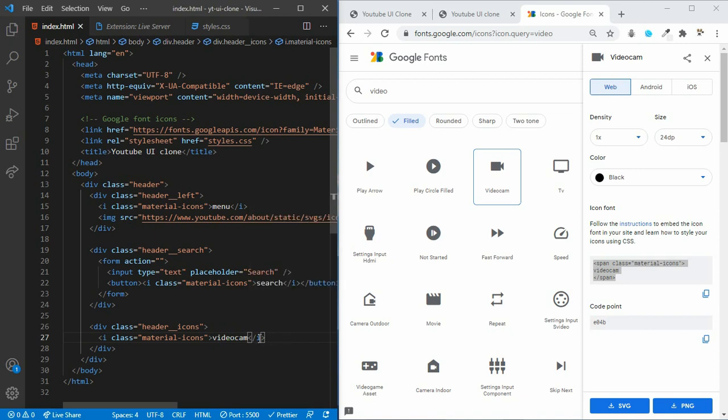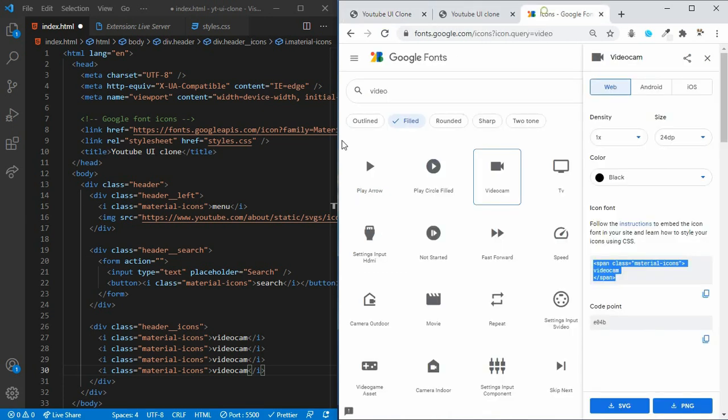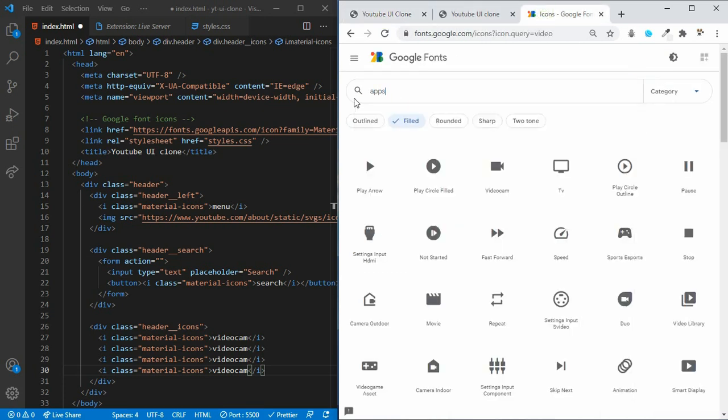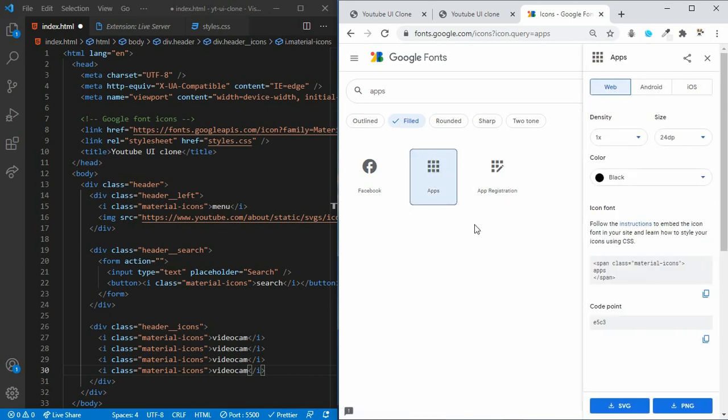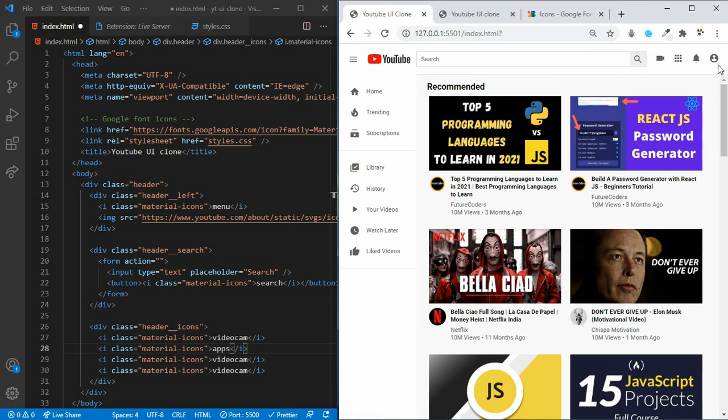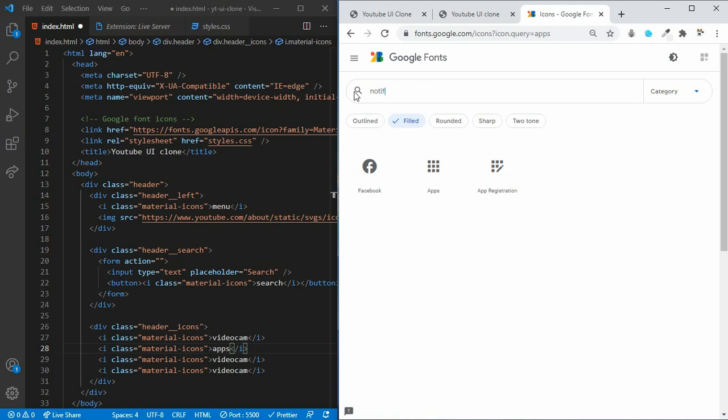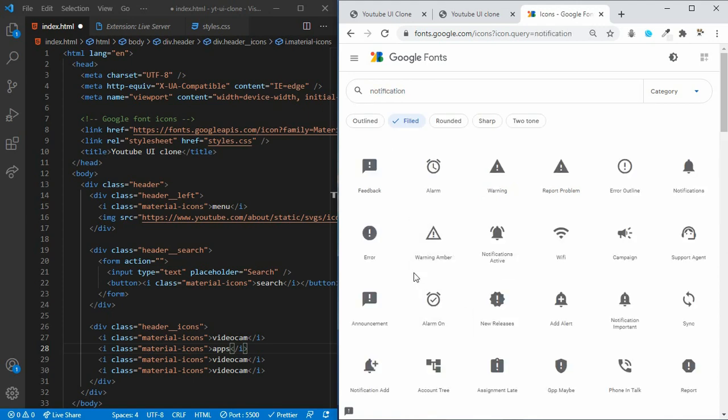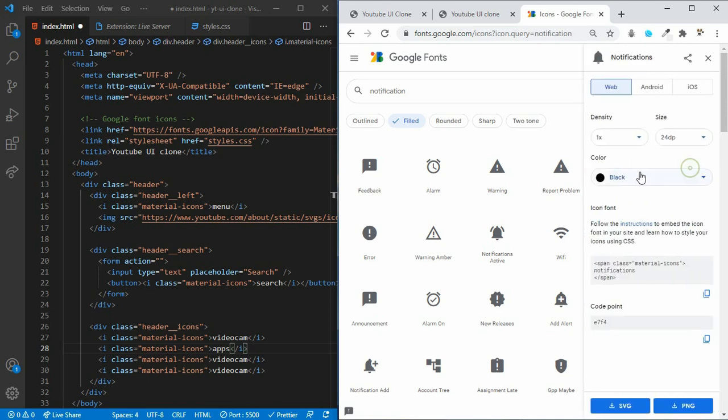Okay, we will be using 4 of these icons, so let's copy paste this 3 more times. So next icon that we are going to need is this apps icon. So let's search for that, apps. Okay, we will be using this. All you have to say is apps. Next we will be using a bell icon, maybe a notification icon. Let's search for that. Yeah, we will be using this.